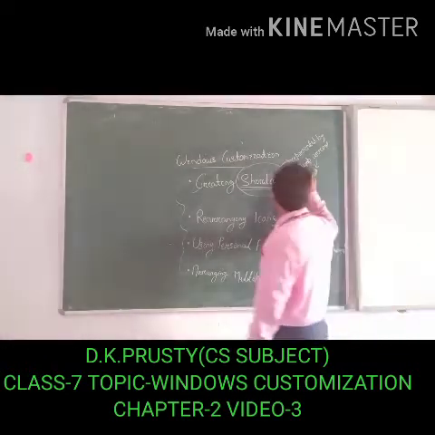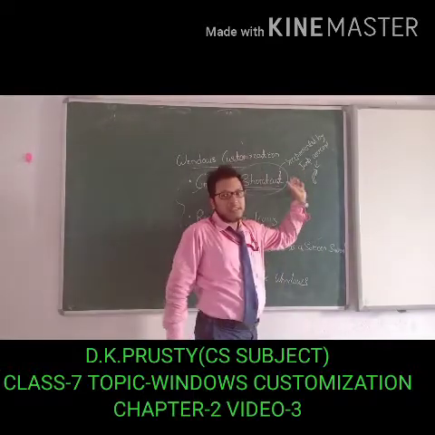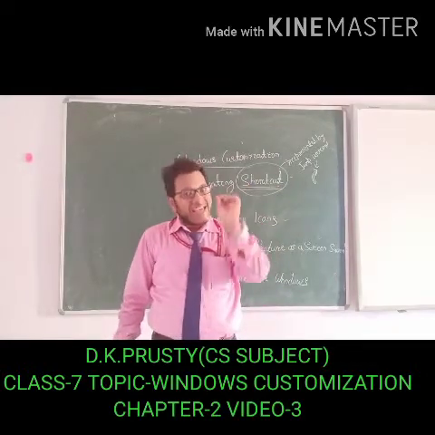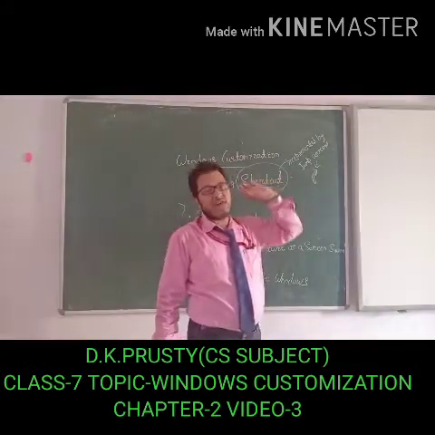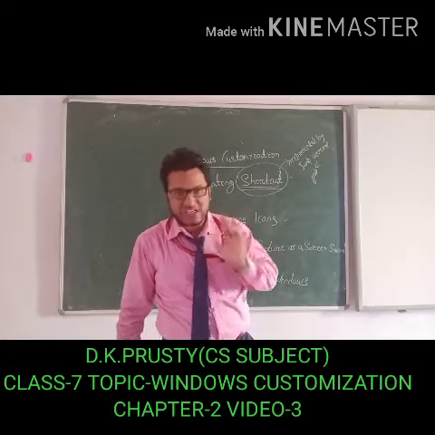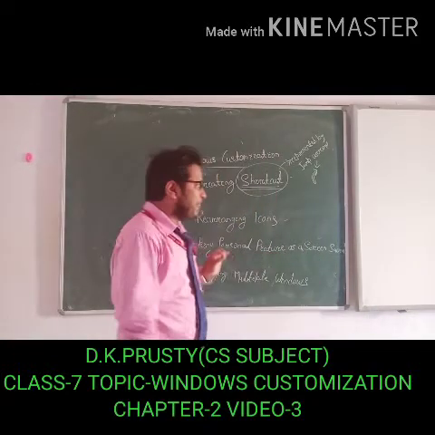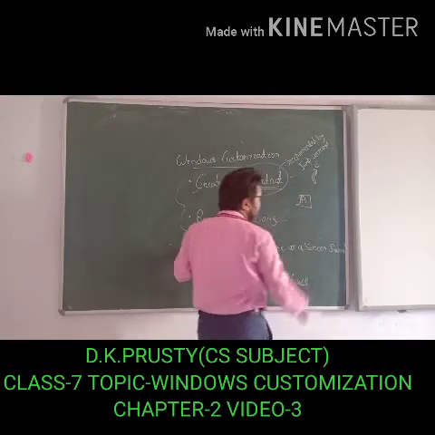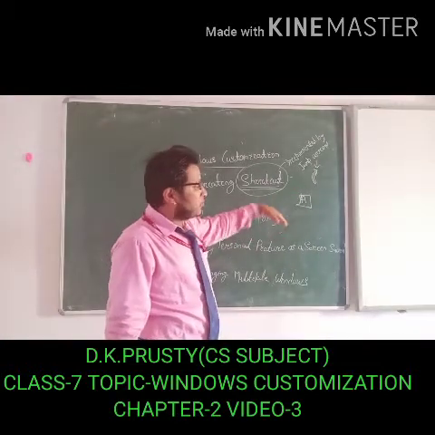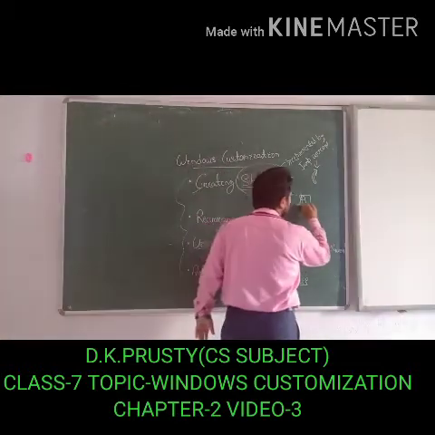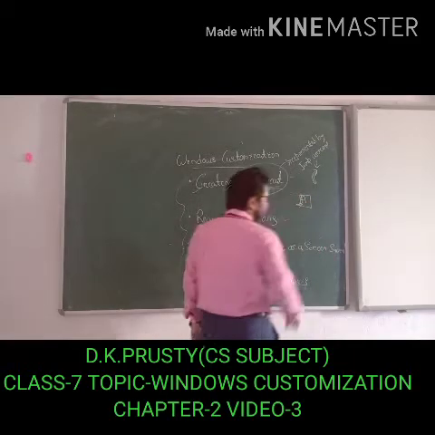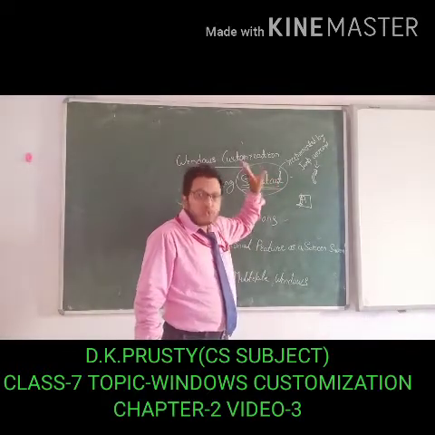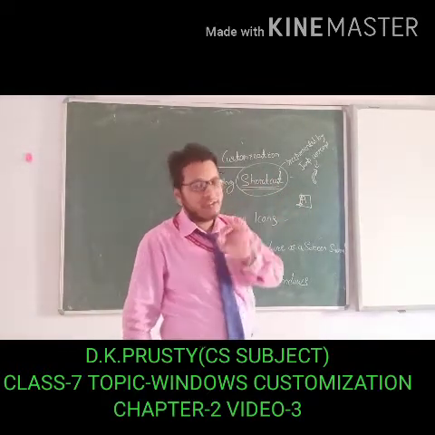So this is your jump arrow, this symbol is displayed on the file or folder. You directly know that this is a shortcut of the file or folder. Is that clear now students? That means if the name of the file is A, then this is normal. Okay, if you create the shortcut, after creating the shortcut, it will display like this. Is that clear now students? So students, in this way you can know which one is a shortcut or not.